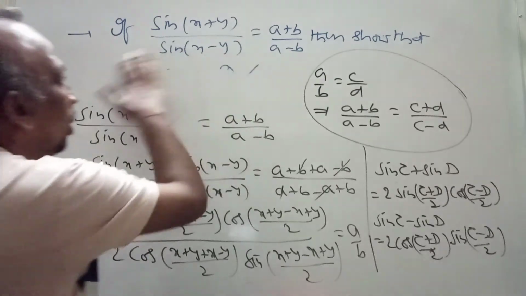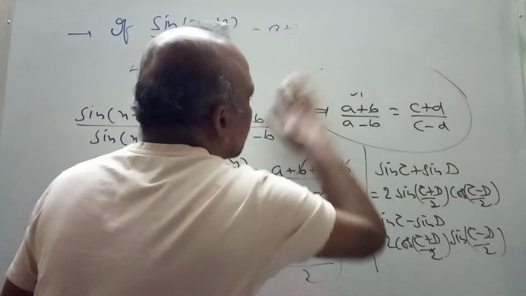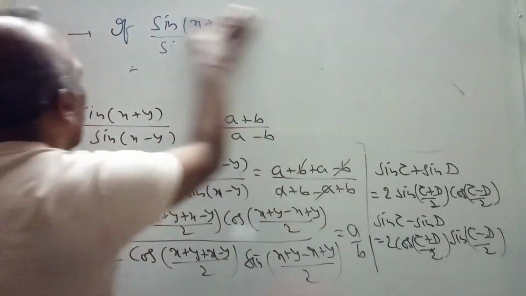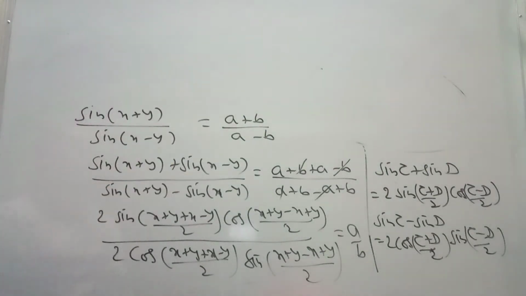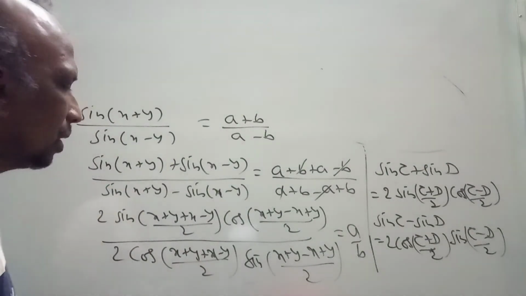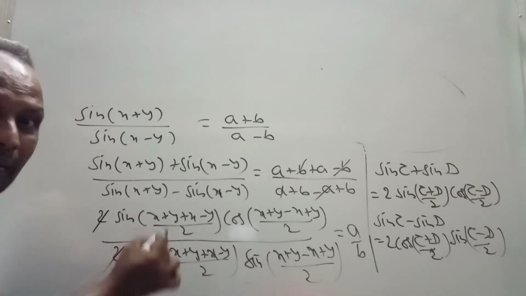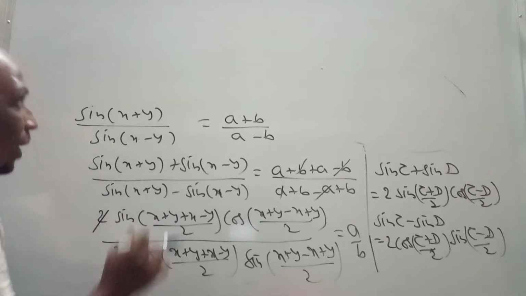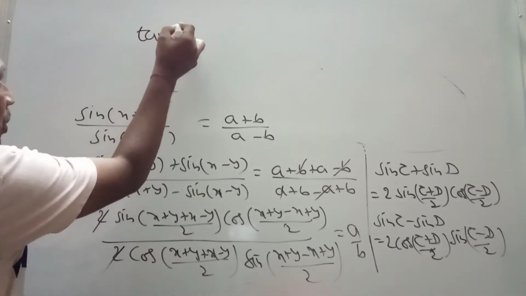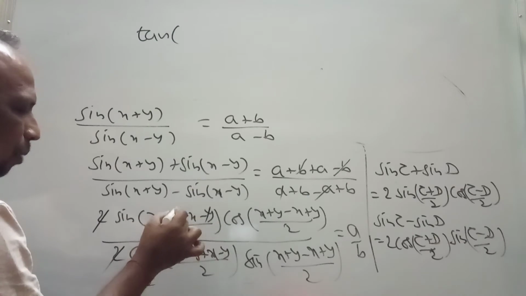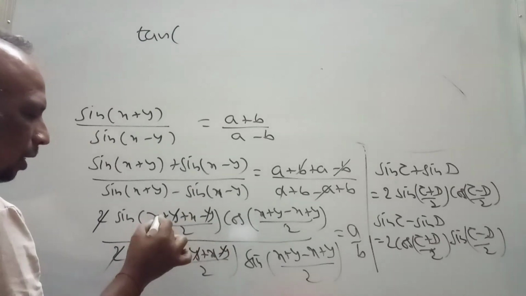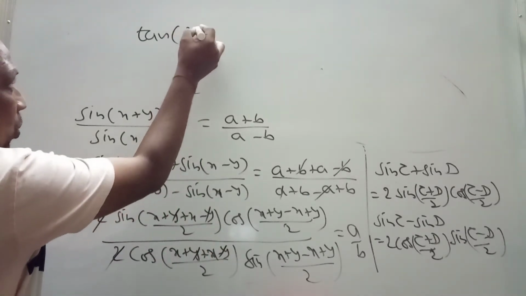So what I will do now is simplify the result. You can see I can cancel here, the 2 I can eliminate. This is sin into cos with the same angle, sin by cos you get tan. So tan of, you can see here, minus x plus x, you will get 2x by 2.